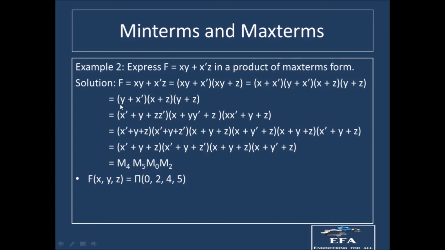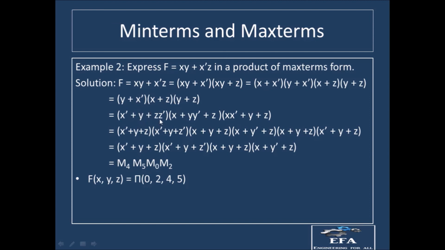So these three sum terms are there, right? Now in these three terms we need to find which of the variables are missing. Looking at this expression, you can see that in total we have x, y and z, so we have three variables. We need to find the missing variable in all these three parts. In the first part z is missing, in the second part y is missing, and in the third part x is missing.